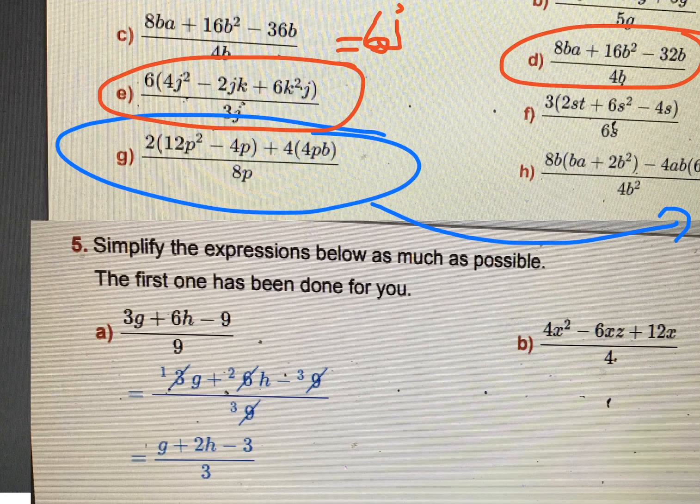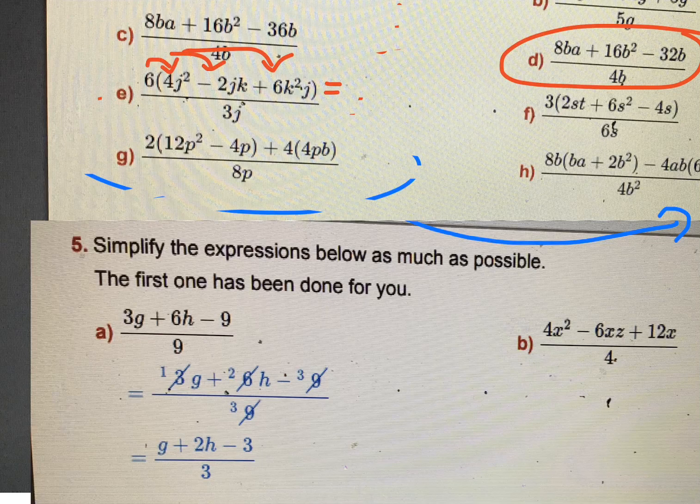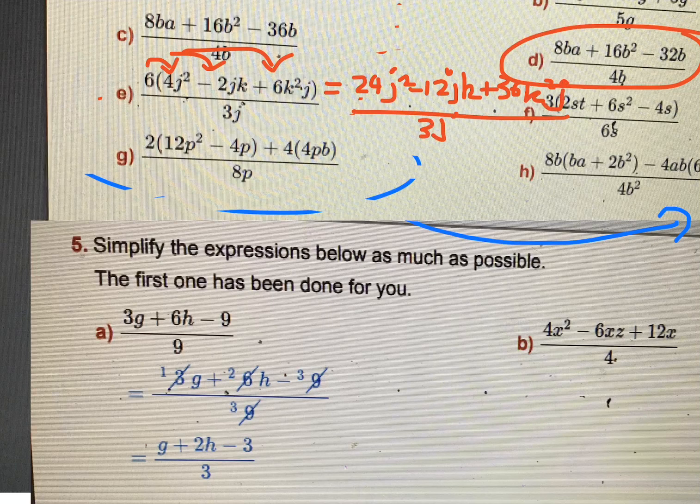But when you're doing this one here, you see there's a 3j. So, I want you to expand it first, or you could just take the j out if you can see that. 6 4s are 24j squared, minus 2 6s are 12jk, and then 6 6s are 36k squared j. And that's all over 3j. And then once you've done that, then you need to